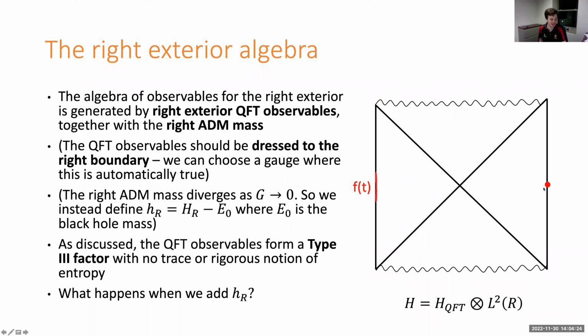Even if we're not including it in our algebra, it's still changing as a function of G, but it's really not changing very much. That's sort of why, in the G goes to 0 limit, the graviton excitations can be localized and all the other excitations can be localized. It's because the graviton, the order square root G perturbations in the metric, can't see the change in the ADM mass. But it is there and it's localized to infinity, so it's natural to include it in your algebra.